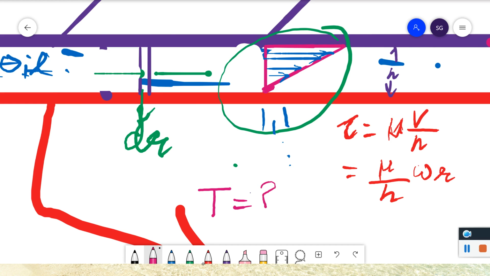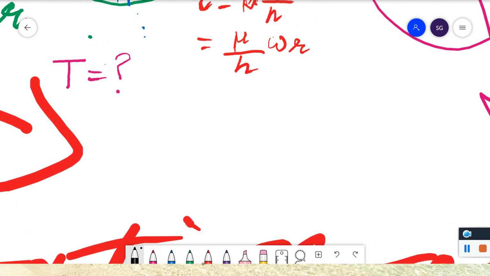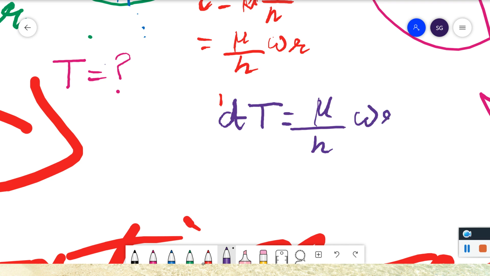Torque is equal to what? This is our question. So for that, we will do one thing. dT, because I told you that since it's a small step, we have to consider dT. We will do integration to find out the complete torque. This we can write as dT is equal to mu upon h into omega r into